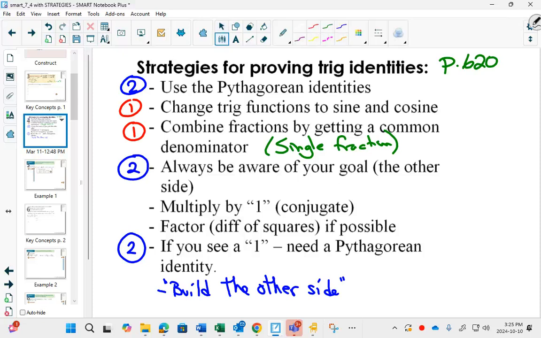And then when you get stuck, strategy number 3 here is stuff to do when you're stuck. Check to see if you can factor. Factoring usually makes your life easier. If you can't, maybe you want to build the other side. Make the denominators the same. Building the other side